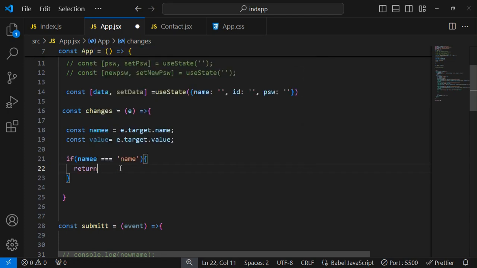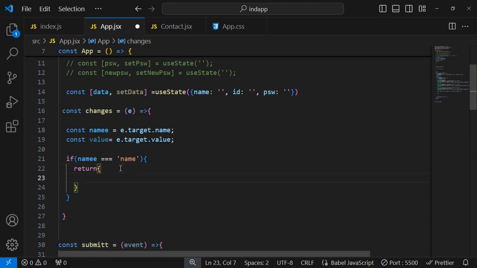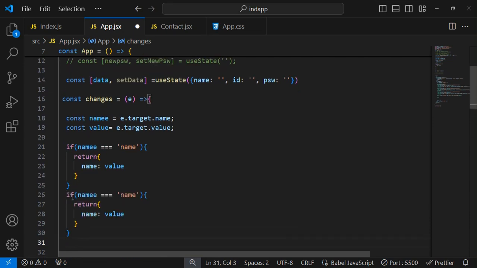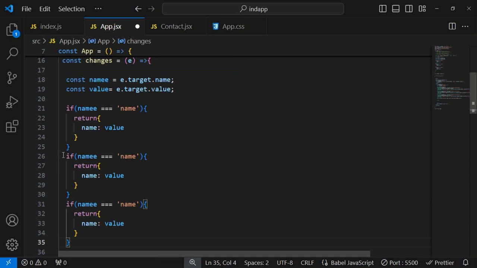And how can we return? Basically we have to write here curly braces, Ctrl V, and this is how we can basically display. Now same code, copy that code, Ctrl C, and here I am going to paste it two times, Ctrl V, and here I am writing else if,